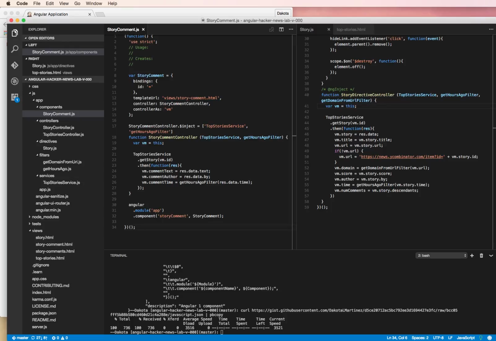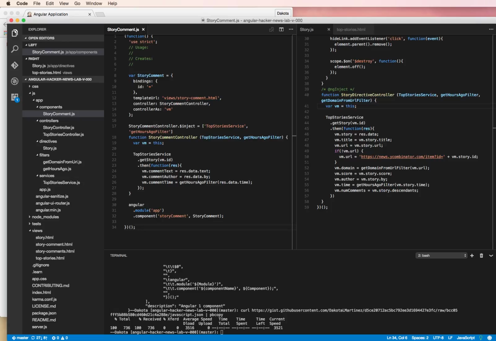To build out this functionality, we are going to need to cover the following topics. First, we're going to cover accessing the kids property on each comment object that we retrieve using our story-comment component. The kids property is one that we assign based on data we get back from the